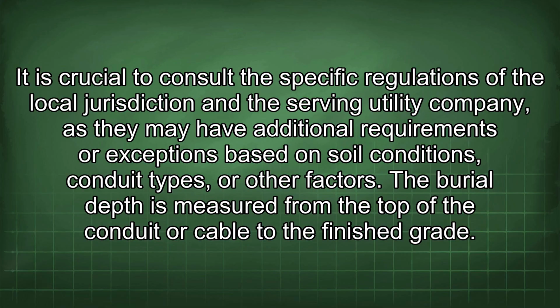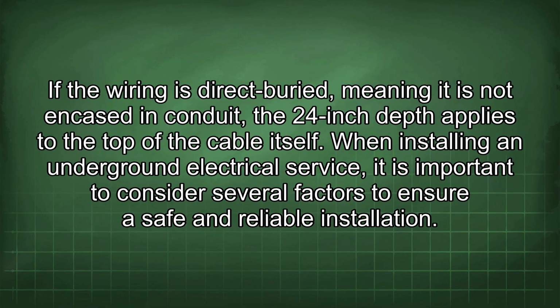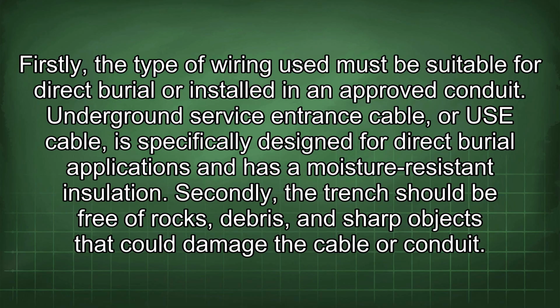The burial depth is measured from the top of the conduit or cable to the finished grade. If the wiring is direct buried, meaning it is not encased in conduit, the 24-inch depth applies to the top of the cable itself. When installing an underground electrical service, it is important to consider several factors to ensure a safe and reliable installation. Firstly, the type of wiring used must be suitable for direct burial or installed in an